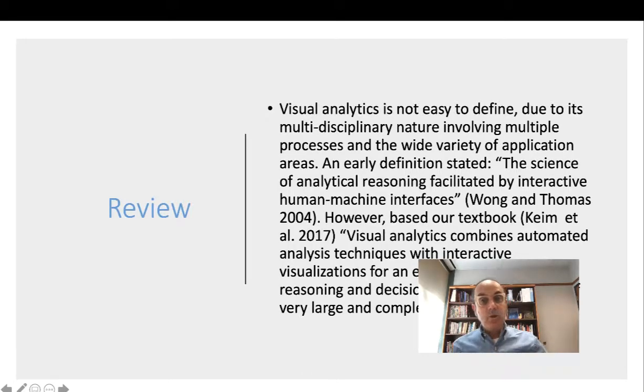In this module, I'm going to talk about three different aspects of visual analytics. The first, I'm going to talk about the term itself. What is visual analytics? Then I will talk about what is the terminology that we are using in visual analytics. And then in the end, we are going to experience the first time